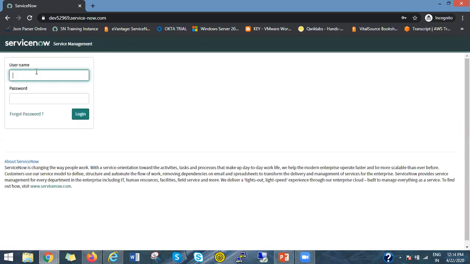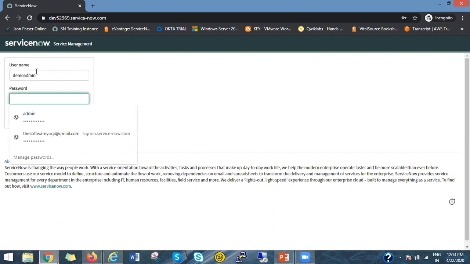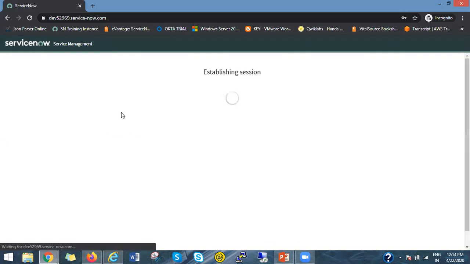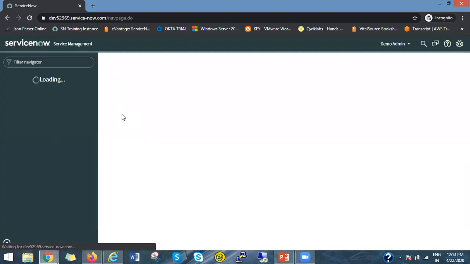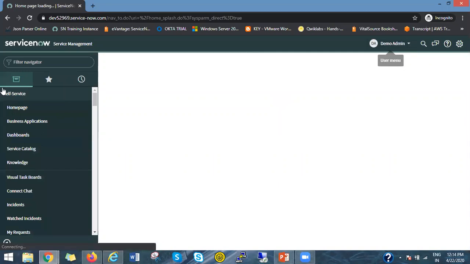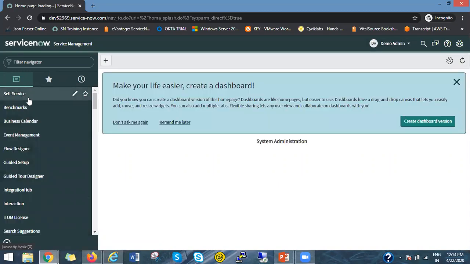The user ID is demo admin and the password is also demo admin. Right, so you can see I'm logged in with the demo admin user,